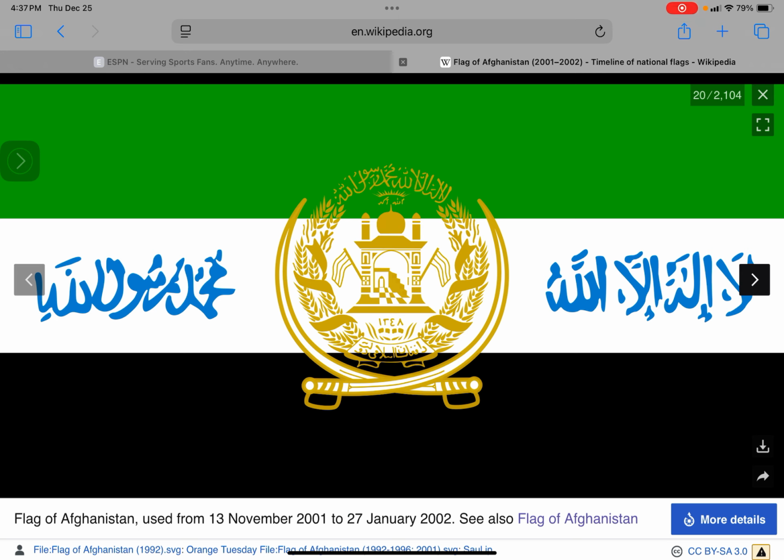at the white stripe. There is a yellow emblem, and inside the emblem there are some swords, and on the center of the swords there is a branch. There is a leaf branch with 7 banners, and at the 7th banner there are some words in Pashto in yellow text. At the middle of the leaf branches,